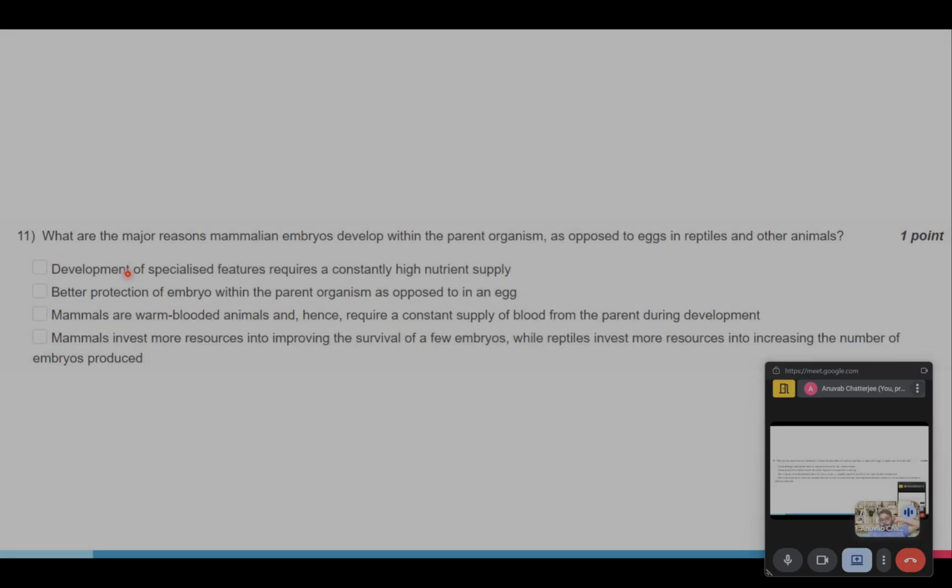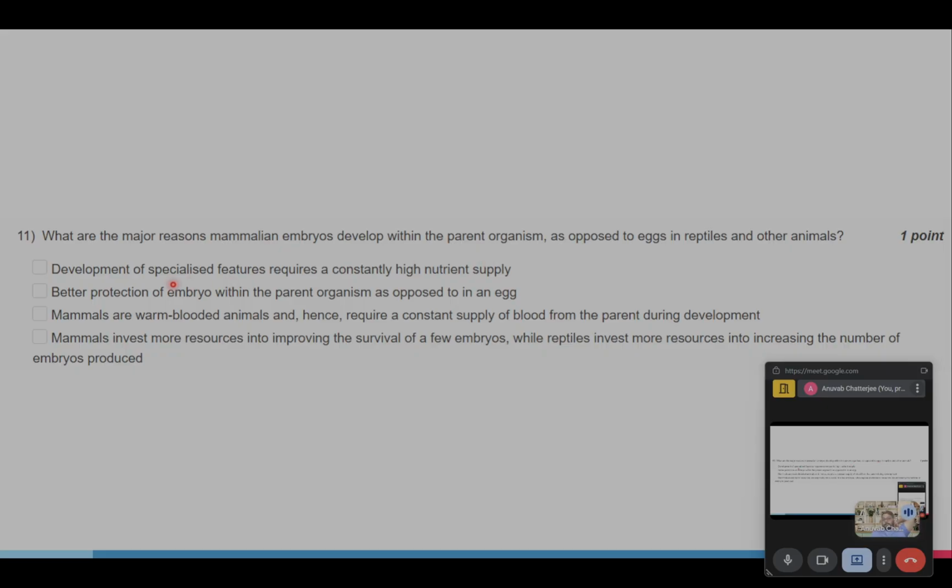Nice. Moving on. Now we take a break from plant development, and we move on to early mammalian development. We start off with a very straightforward question. What are the major reasons mammalian embryos develop within the parent organism as opposed to eggs in reptiles and other animals? The options are: